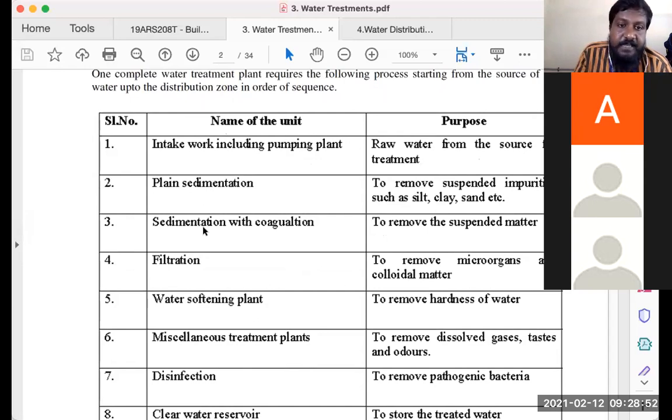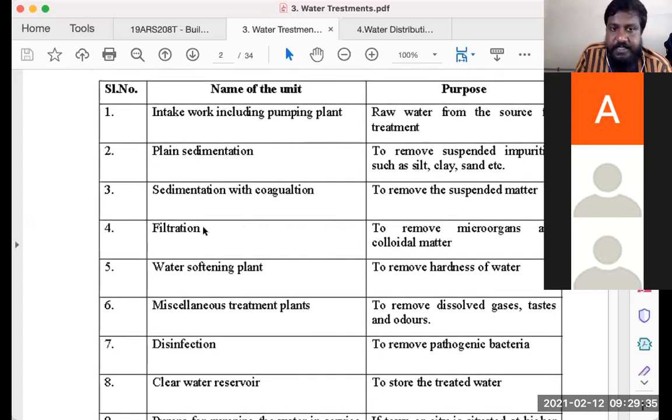The next process is sedimentation with coagulation to remove the suspended matter. So what is coagulation? Coagulation is getting an external material to make all the suspended particles bind together. When it binds together, the mass of the floating substance increases, and eventually either it floats as one chunk of mass, or at times it sinks down and gets collected at the bottom. So in both ways we can remove it, either from the top or through the bottom. This would normally be done through chemicals. The commonly used one is alum.